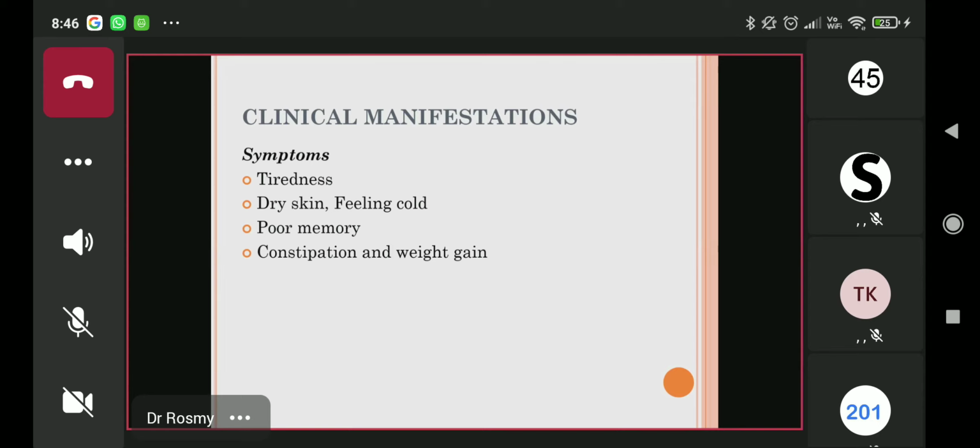Then the complaint is constipation. Patient will generally say कि I am not able to pass stools, and if I am passing, they are very hard. I have to strain. So that is constipation. Then weight gain. A lot of girls will come to the OPD with this complaint कि weight gain हो रहा है, and all of us will also have the first thought, thyroid करा लो इसका. So that is another complaint with which patients with hypothyroid will come to you in the OPD.